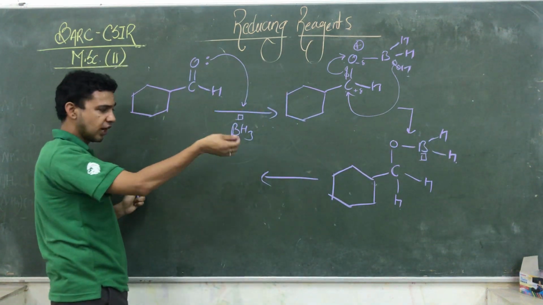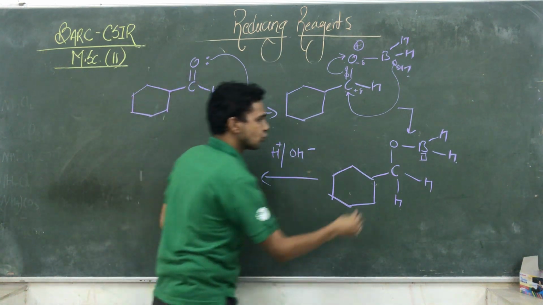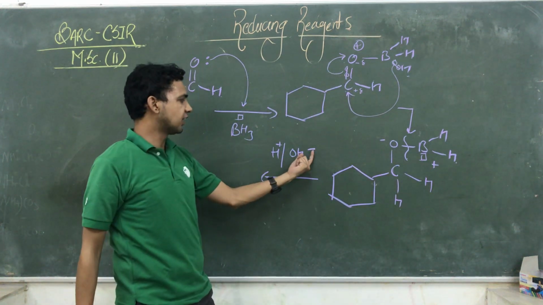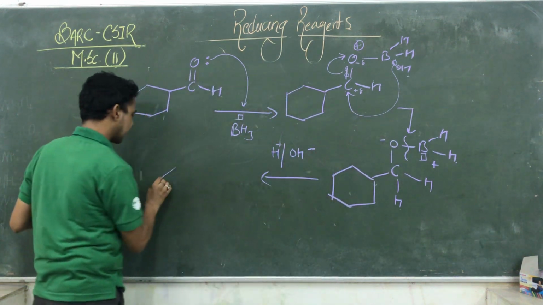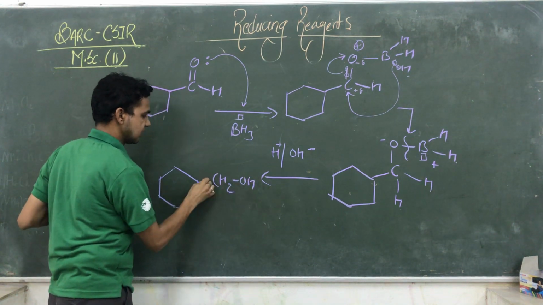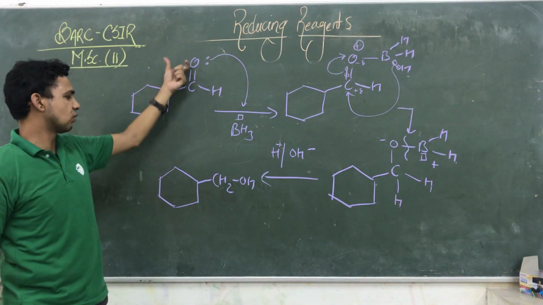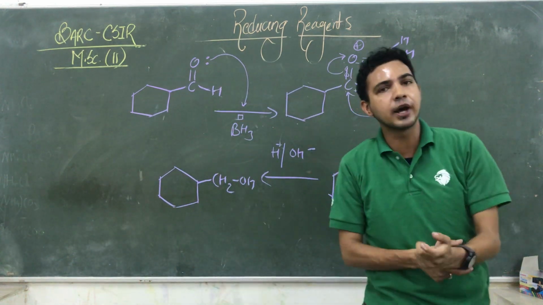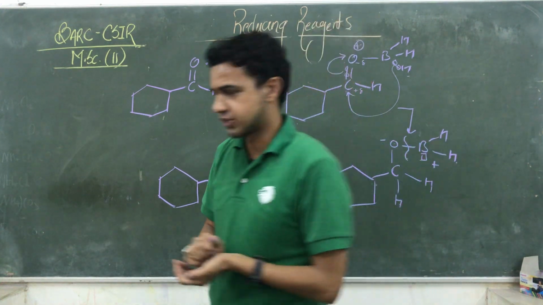Okay, but generally we go for the hydrolysis. Hydrolysis is H positive and OH negative. So the bond is decomposed from this side. Oxygen is negative and boron is positive. So the negative part is moving toward this boron and the positive part is moving toward this negative. Then we get a very important compound, that is the alcohol, CH2OH. So here the whole aldehyde compound is converting into this alcohol. It means BH3, or a boron hydride type of reducing agent, generally affects the carbonyl groups.